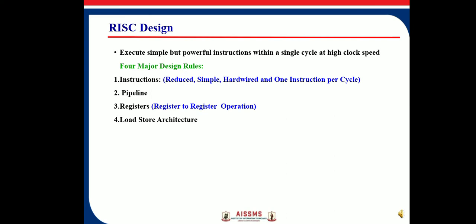Then registers. Many operations or instructions are performed as register to register operations. It may be register to register transfer, register to register addition, subtraction, or other arithmetic instructions. And the last one, this architecture supports load and store architecture. The advantage is that the use of data items held in registers does not need memory access. The operation is performed on registers, so it is not required to fetch data from memory during execution time. This is the major advantage of RISC processors.